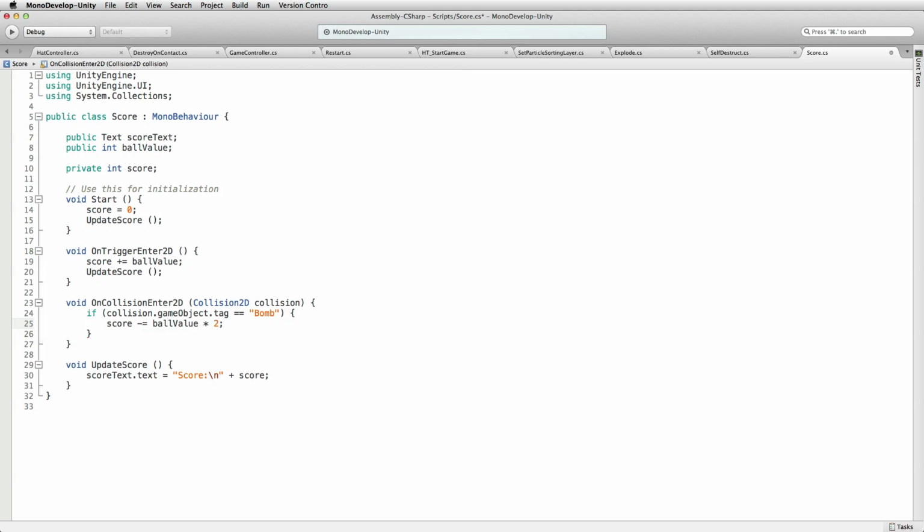So we'll get 1 point because we've assigned a ball value of 1 for when we catch a ball on the trigger, but we'll lose 2 points if a bomb hits anywhere on the collider around the